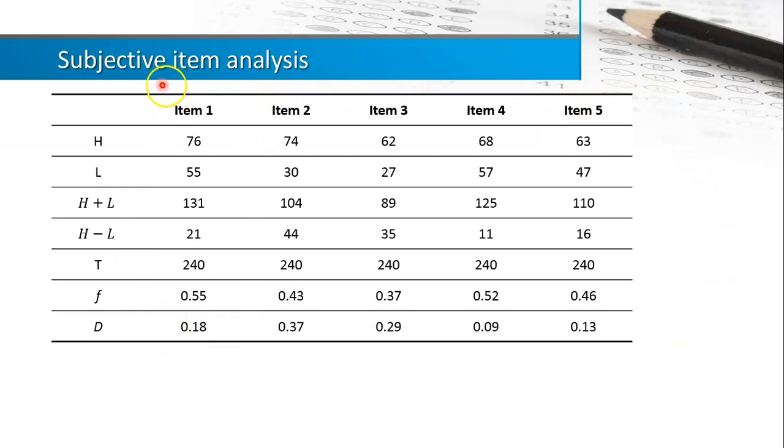I hope you understand this item analysis. You can use MS Excel to calculate the facility and discrimination index because it is faster. This time, I cannot teach you directly how to use MS Excel because of the lockdown here, so you can watch the YouTube video that I attached in your learning management system.